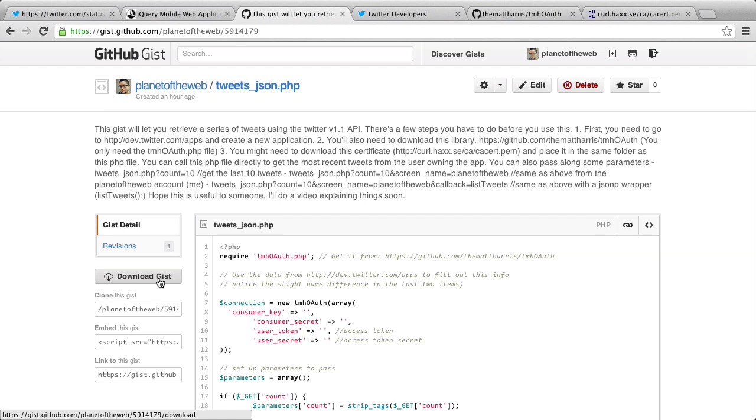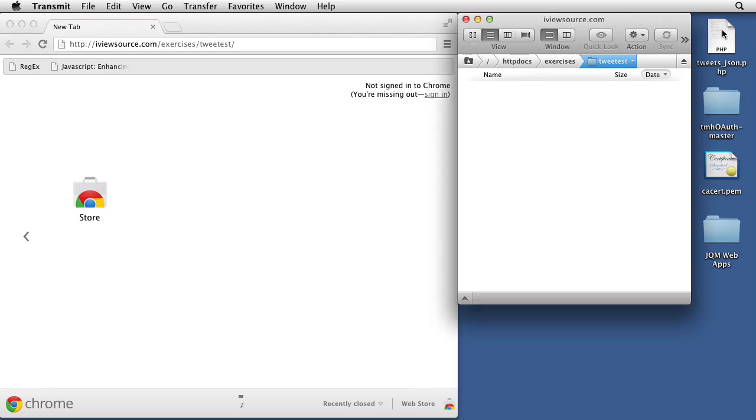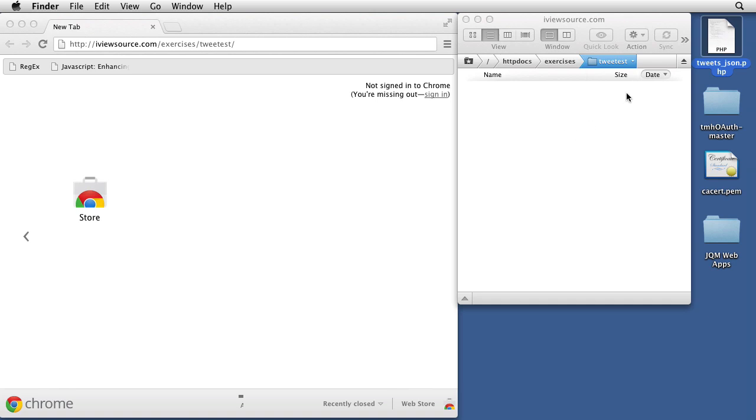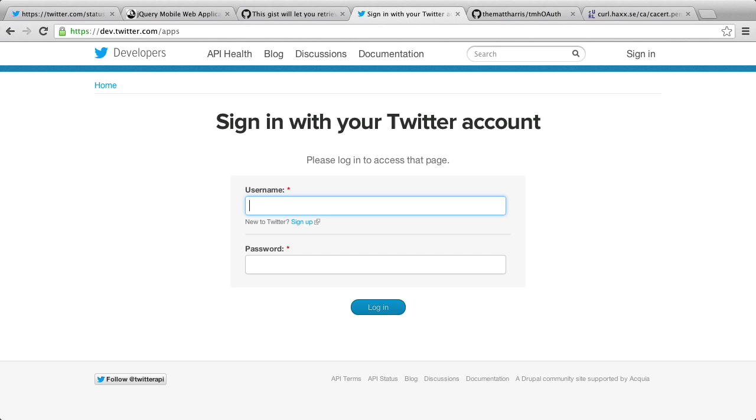You can go ahead and download this gist onto your desktop. And when you do, you're going to get a file like this. We're going to need to put this on a server. But before we do that, we need to take care of a few things. Now, the first thing I need to do is to go to